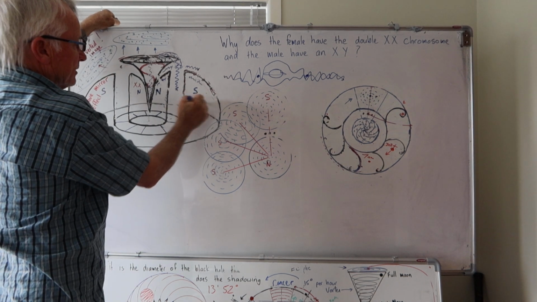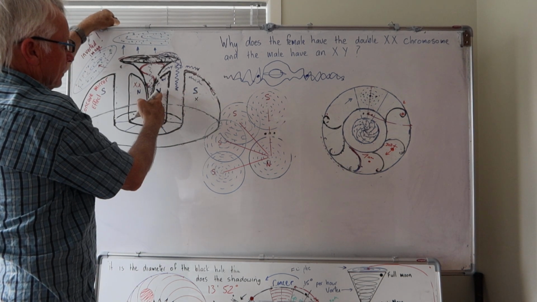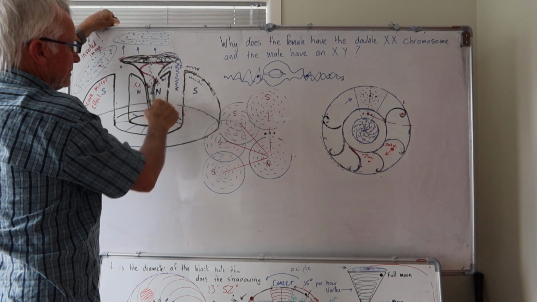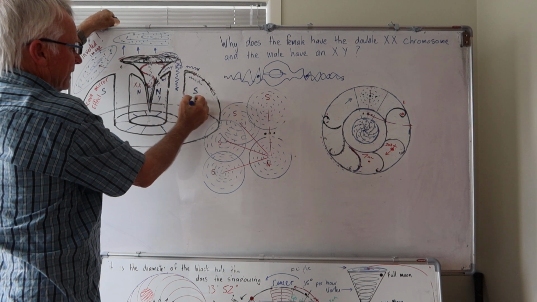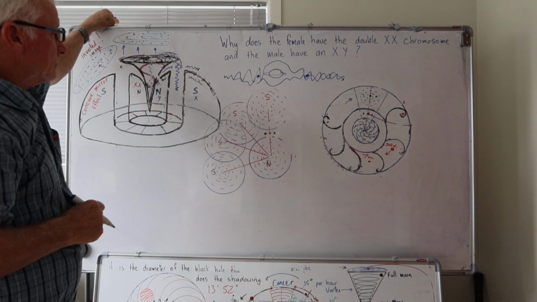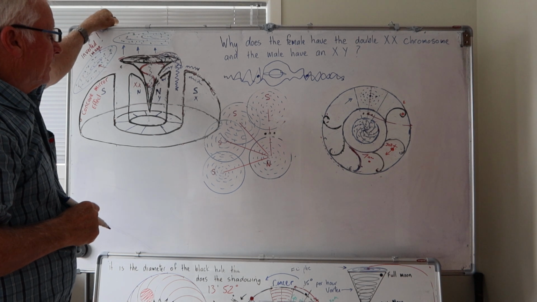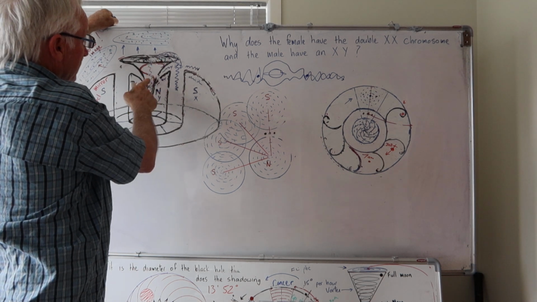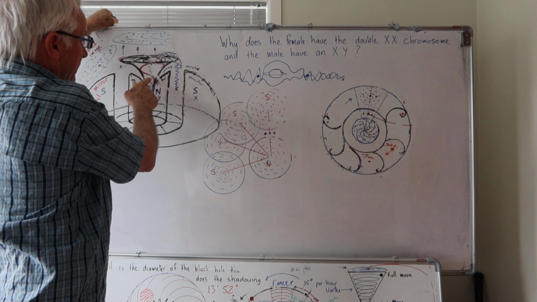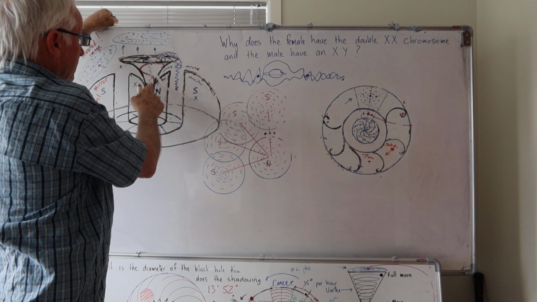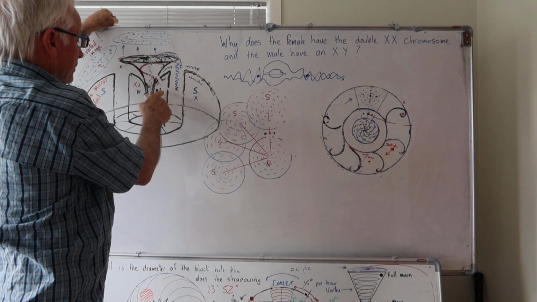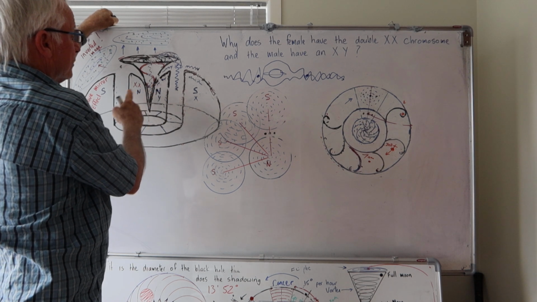This is the X, this is the Y. In this case, it's Y and X. Which is a bit confusing, because the female is actually in here, which should be the X chromosome. The stronger force in the centre of the Arctic